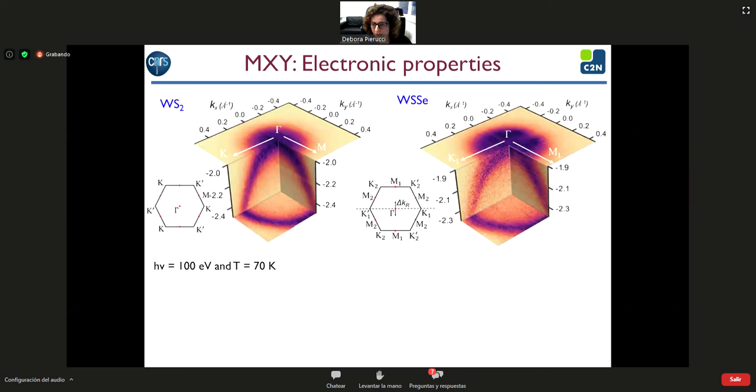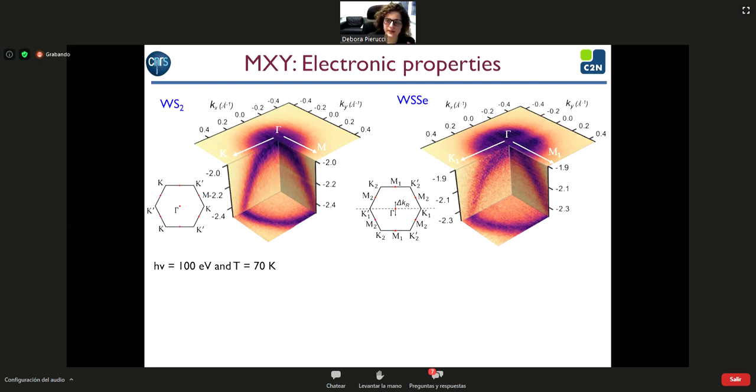So what I will show you now is a very, very recent result. We obtained this at the beginning of the year, and we try in particular to look more in detail at the electronic structure of the monolayer of this ternary alloy rich in selenium. Here what I show you is a 3D cut plot in the K-space, where we compare our ternary alloy with the reference sample. In the same condition, in order to understand our data better, we also measure a standard TMD, tungsten disulfide, as a reference. It allowed us to understand our data better.